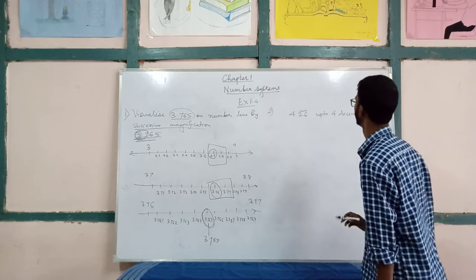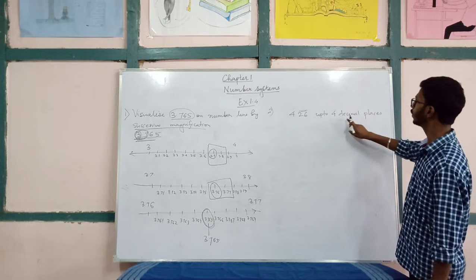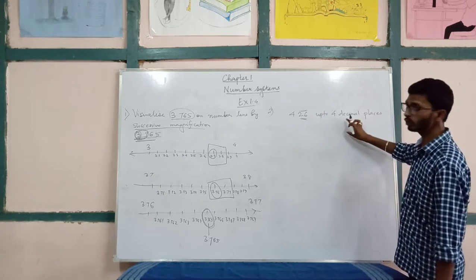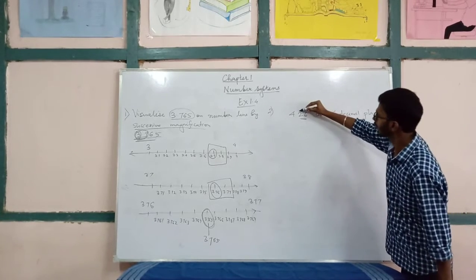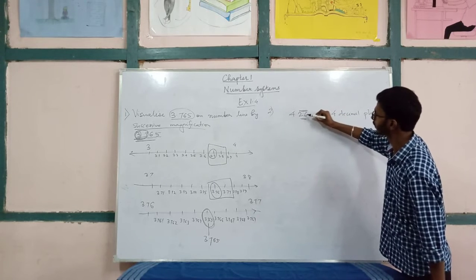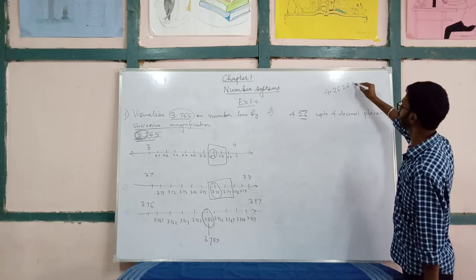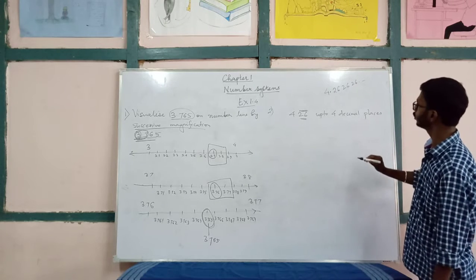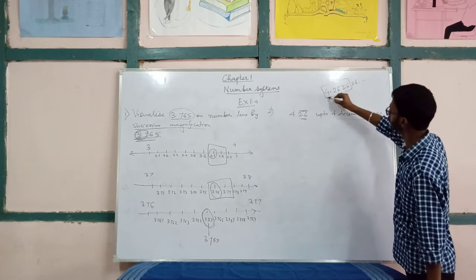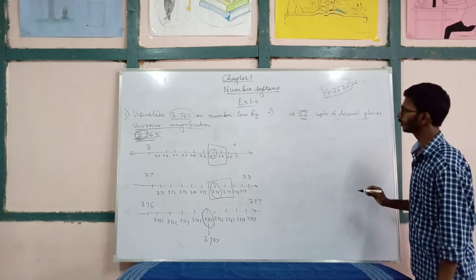4.26 bar. So draw or locate 4.26 bar up to 4 decimal digits. You can see here only 2 decimal digits are there, so we have to draw up to 4 decimal digits. Now this is the bar notation. Bar notation means these 2 digits will go on repeating like this: 4.26, 26, 26, and so on. Now we are going to plot only up to 4 decimal places, that means only this much: 4.2626. We'll continue in the same manner.